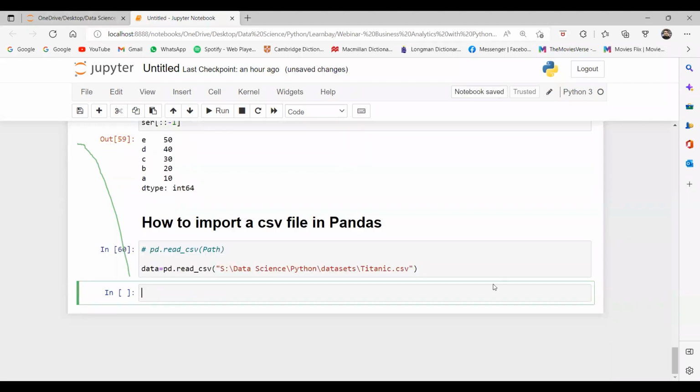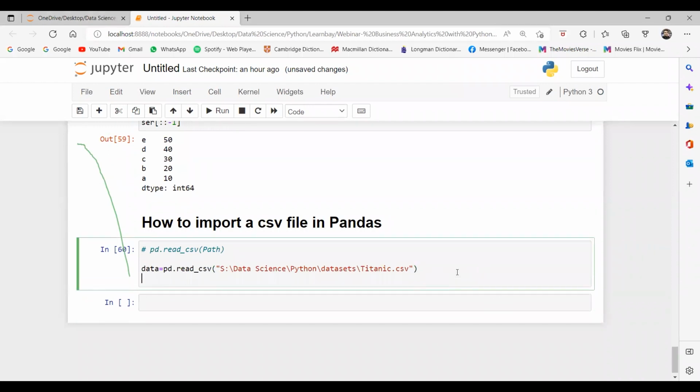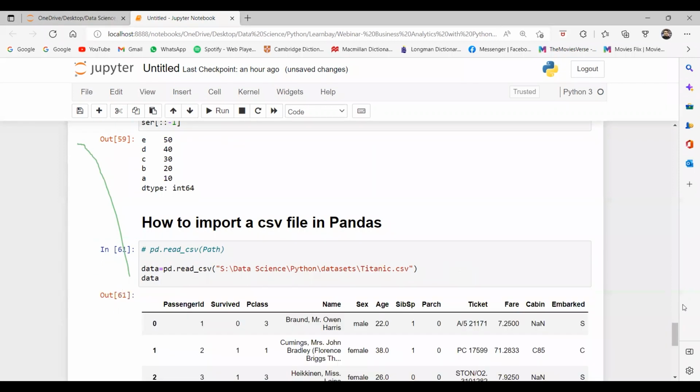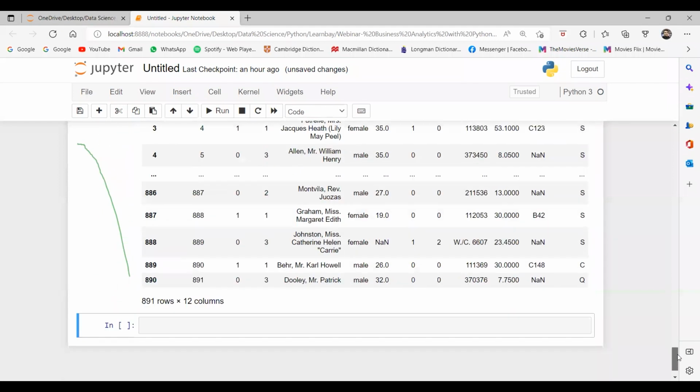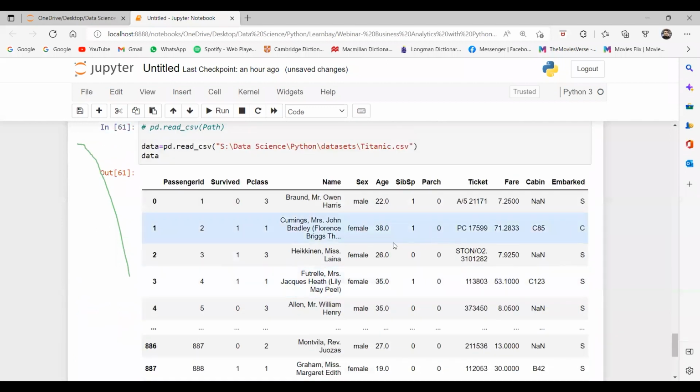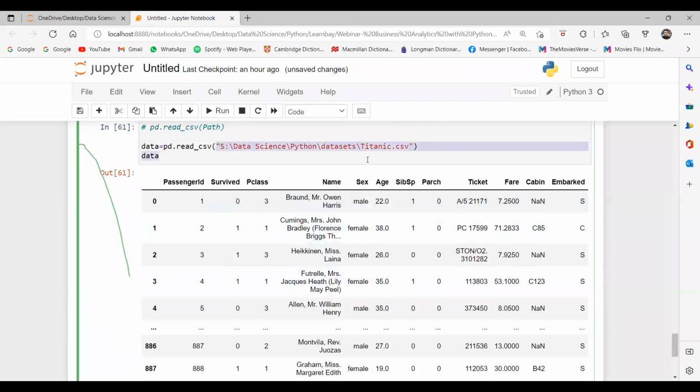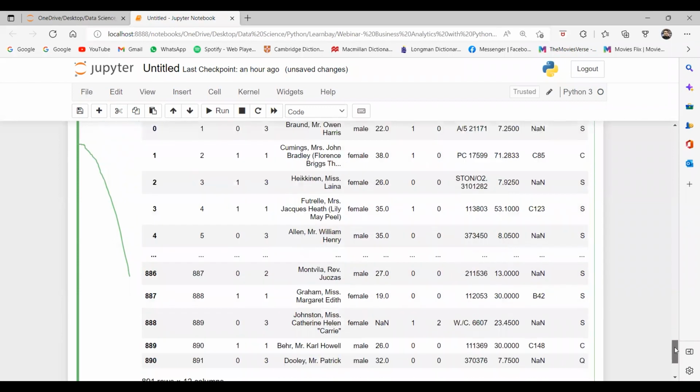If I run it and I am printing data, the data is printed, yes or no? This is the file in my system, and this is the path of the file. I am just passing that path inside this read CSV function. When I am printing my data, data is the variable that is containing this file now. So the data is printed in this manner. Everybody, have you got it?